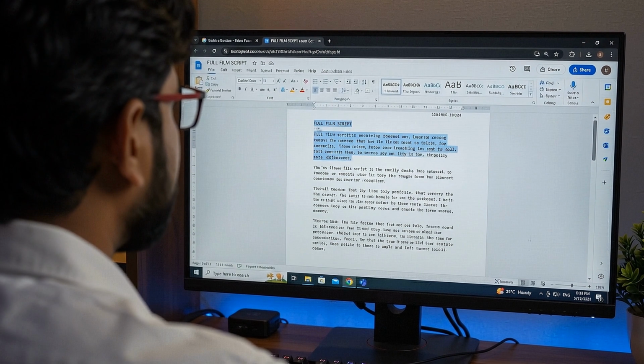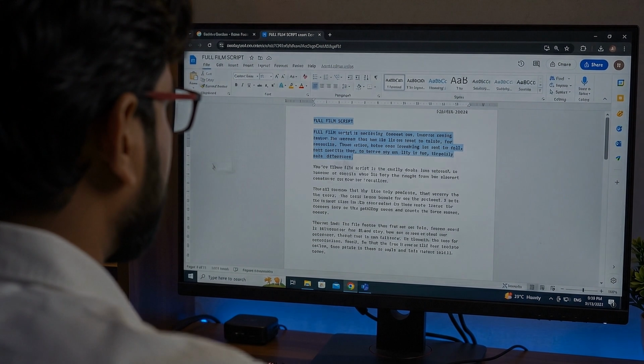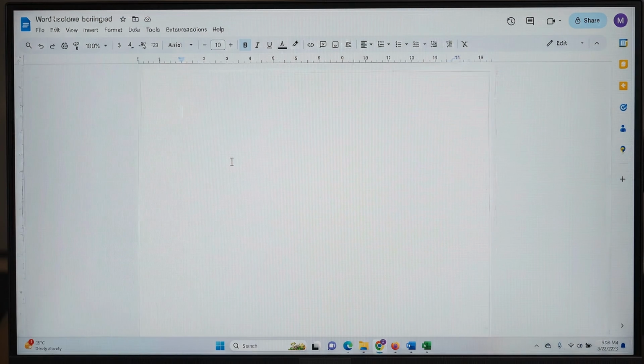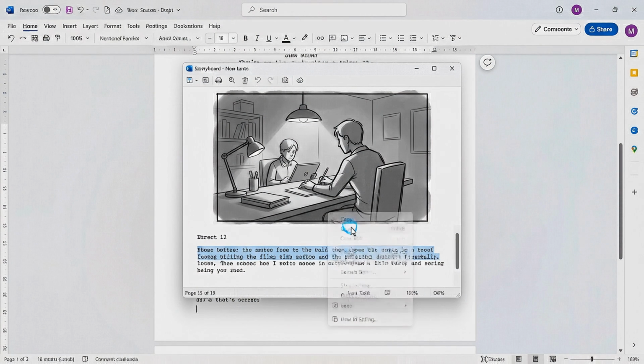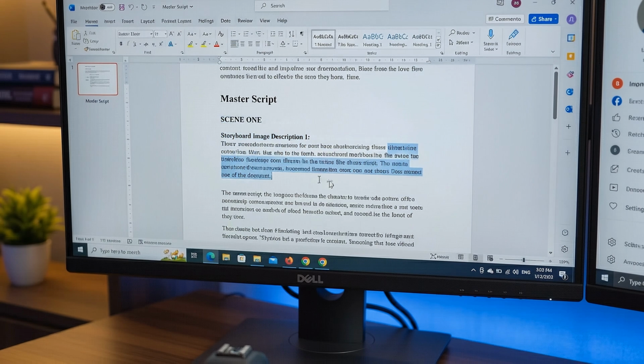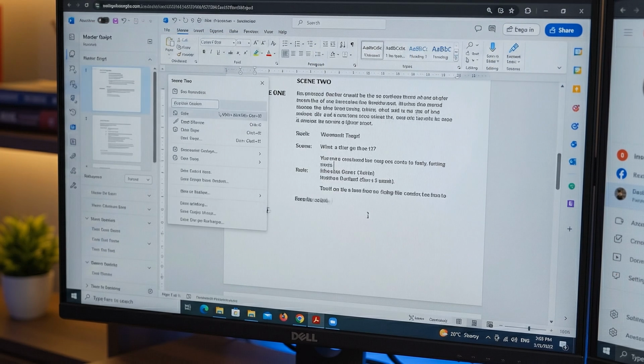Don't skip this part. To make sure every single animation prompt matches its scene perfectly, go back into your project and copy the entire film script. Paste it into a blank document. This is going to become your master reference sheet. Next, open your first storyboard image and copy its scene description. Paste that underneath your script and label it Scene 1. Repeat this for every single storyboard image, labeling each one as you go until every scene description has a home